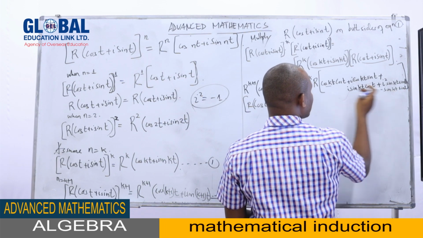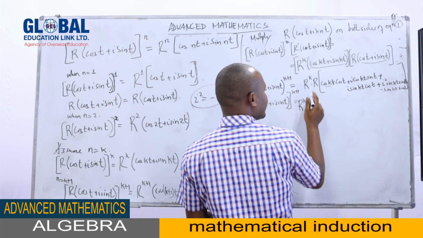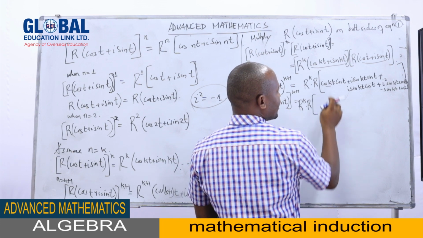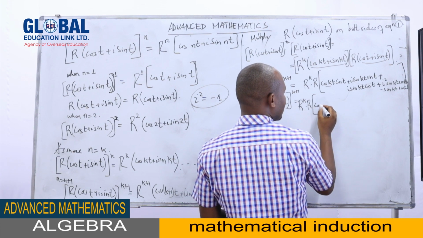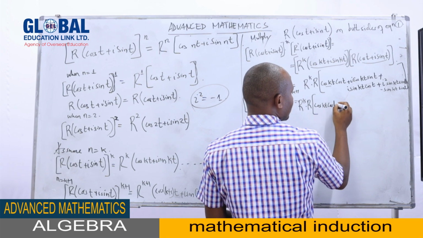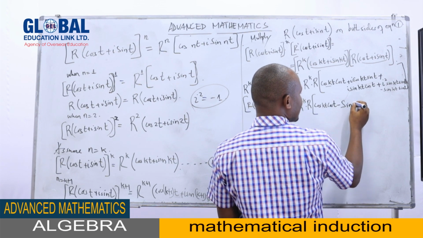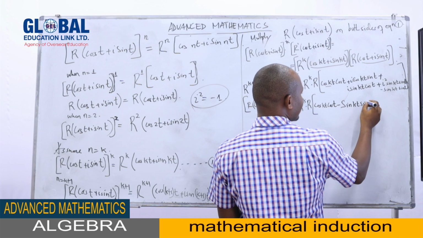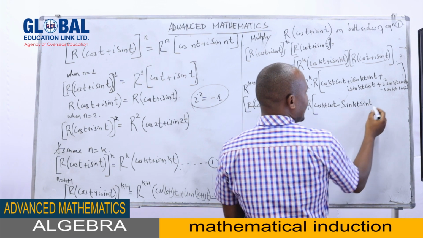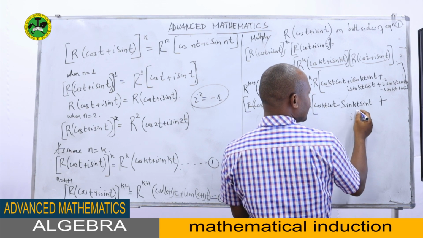That means we shall collect that one and that one. That means we shall have r^k, or r, then this and that one is equal to cos kt cos t minus sine kt sine t. Now that is for real, and for the complex side, that means we have i